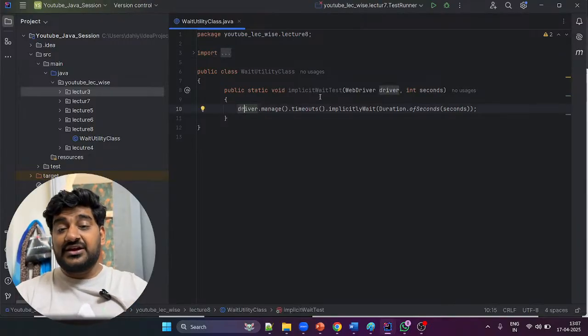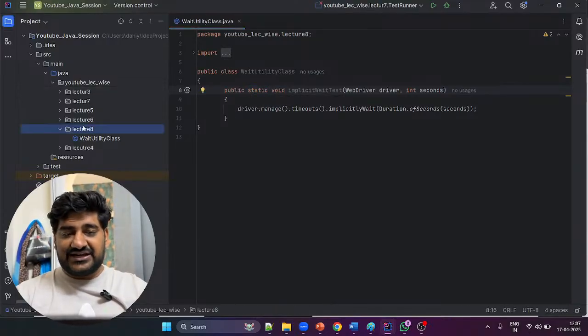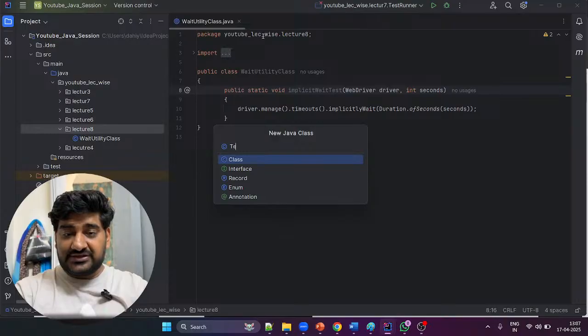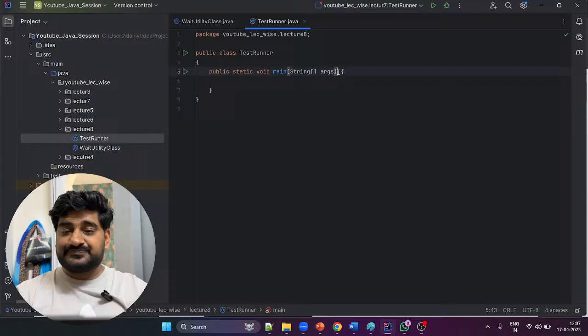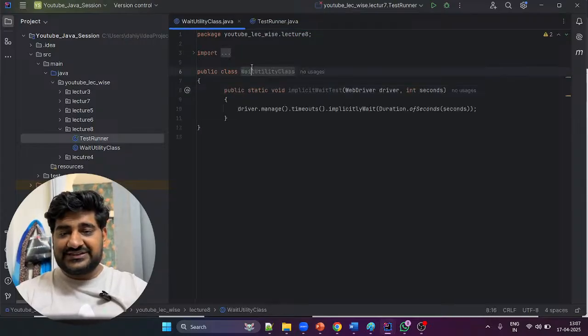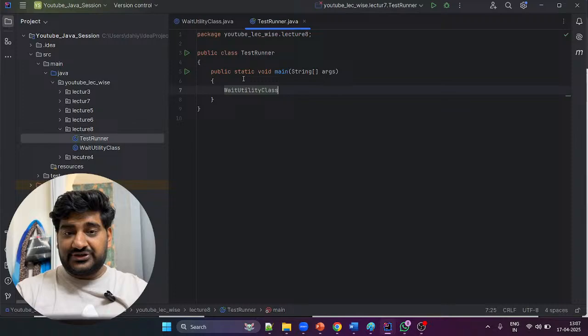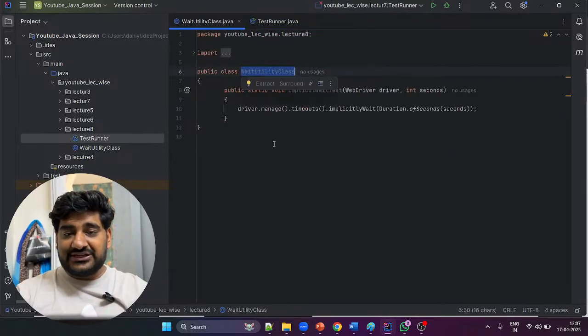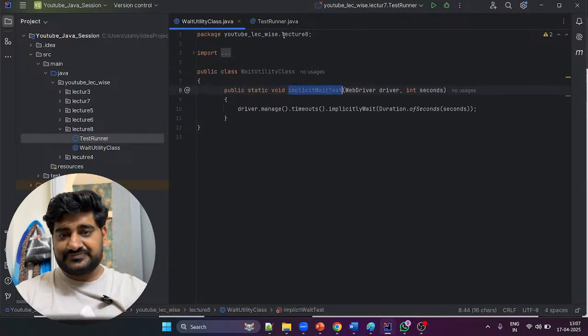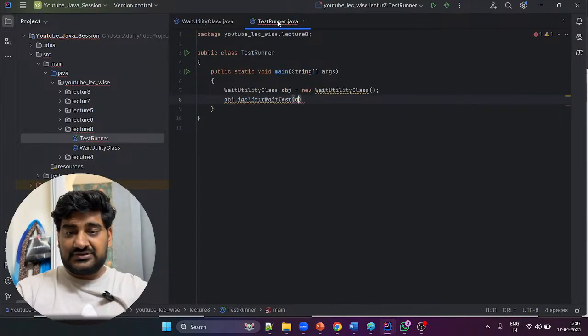As you can see, I have created a function which is a static type. So let's say I have created one main method, test runner. I have created one main method inside the test runner. So instead of creating the wait utility, I will need to create this object, and using obj dot, then only I can access this function, driver dot 20. Let's say